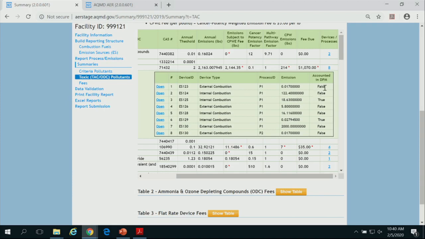And it also tells you, remember I told you that there is some backing up for diesel particulate for diesel engines. It actually shows you true for the ones that needed to be backed out. If it's false, that means my external combustion, right off the bat, is not an engine, so it doesn't contribute to the diesel particulate. So we're giving you all the features so you can nitpick any particular fees and investigate where they're coming from.